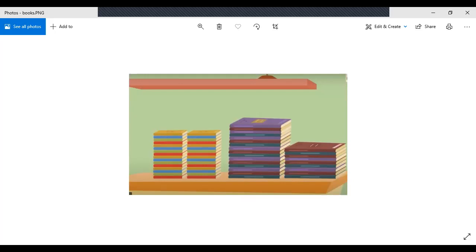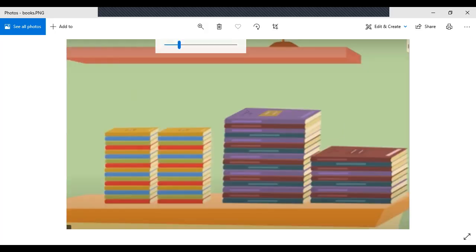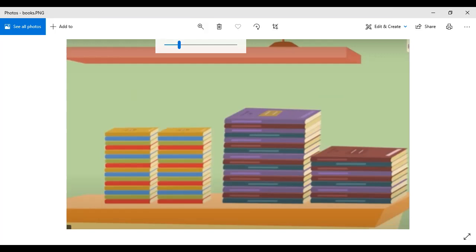Now, let's say I ask you how many books there are all together, or let's say I ask you to please add these books. What does it mean to add all of them together, both big and small books, right? You will first count how many big books there are, and then you will count how many small books there are, and then you will add them together.